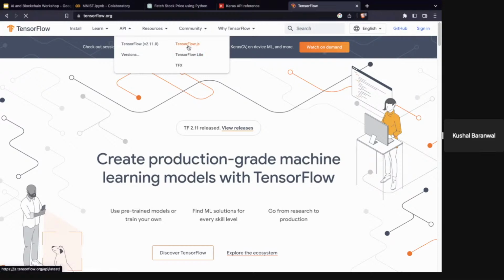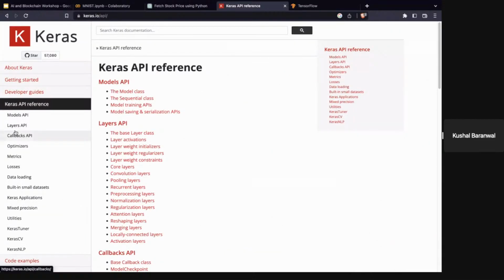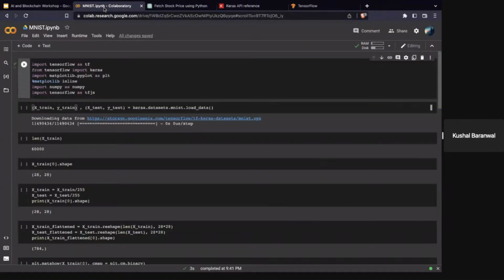So if you want to use it in your front end, I don't recommend it because on the front end, you want it to be as fast as possible, right? If you want a user to load a website, you don't want them running a whole neural network locally. But still, you could use it in your front end if you would like. There's an API for tons of functions. Same with Keras. So yeah, check those out if you want to.